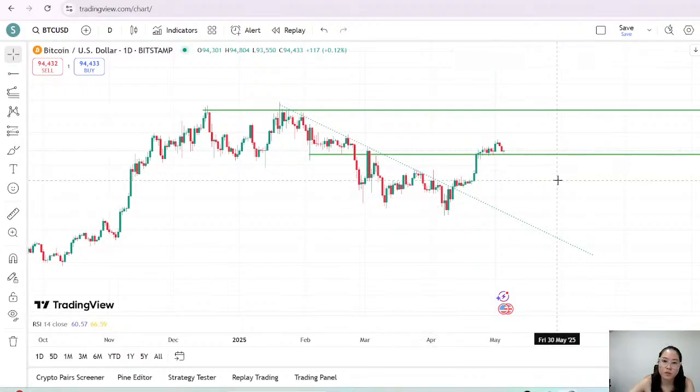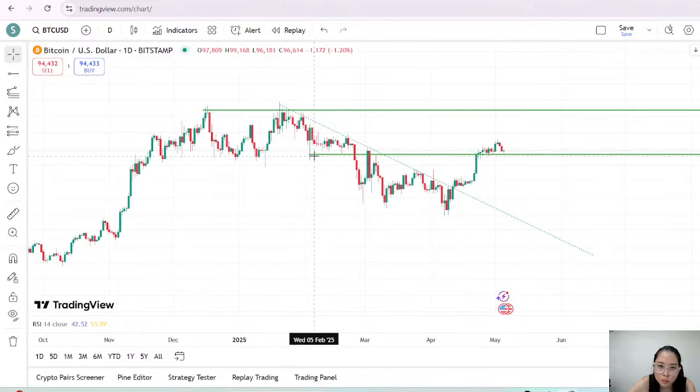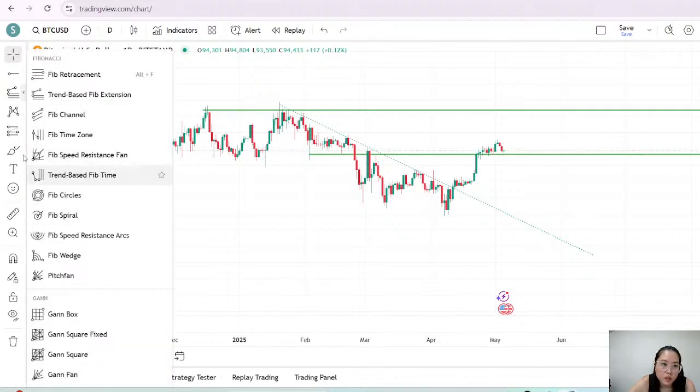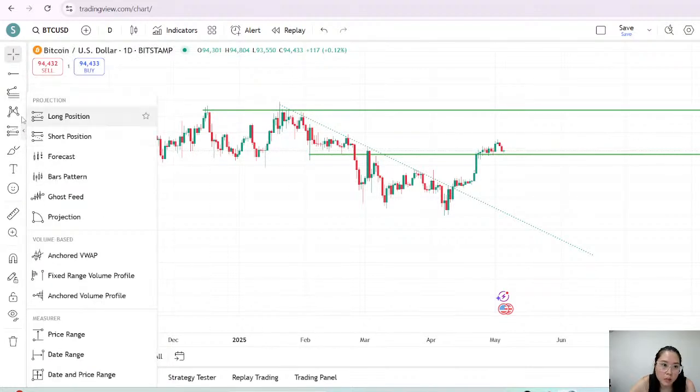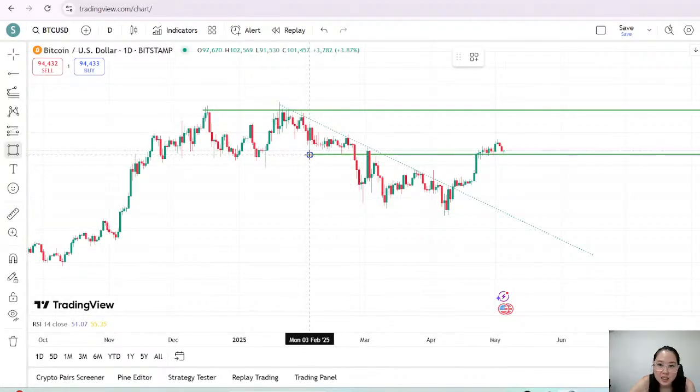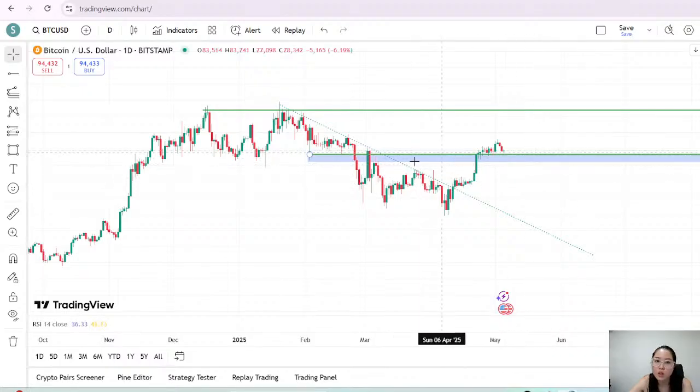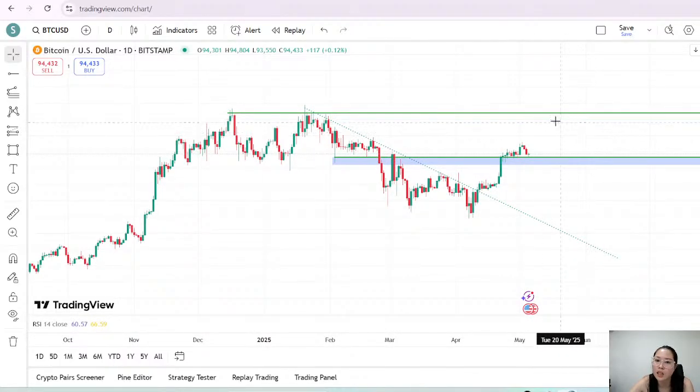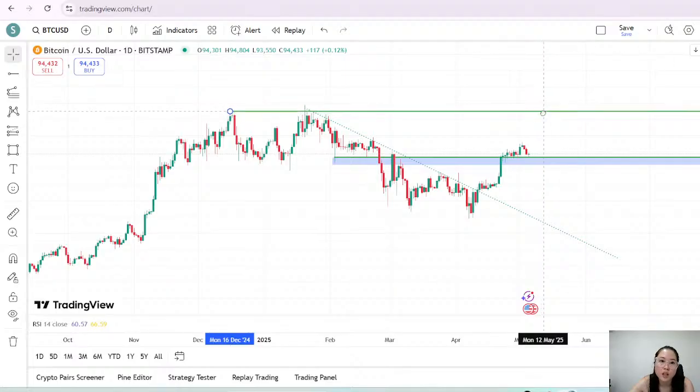Okay. This is a very good support area actually. You might be able, sorry, I might be able, I would consider a trade here soon. Okay, but I need to look at the small time frames first, and I need to see what the indicators and all the other things are showing.